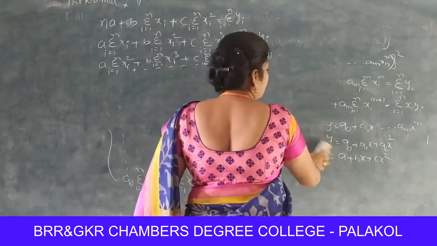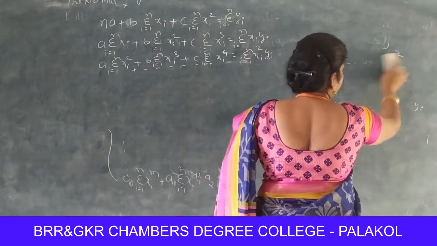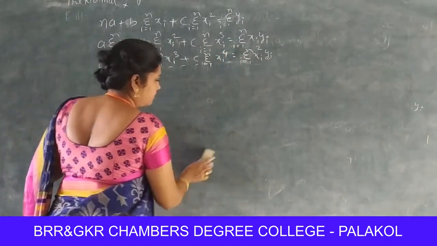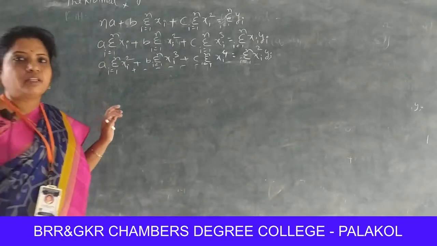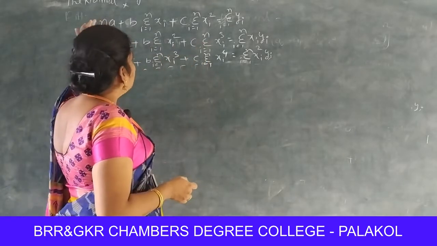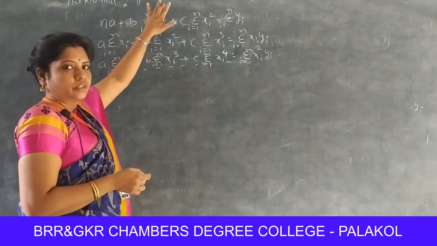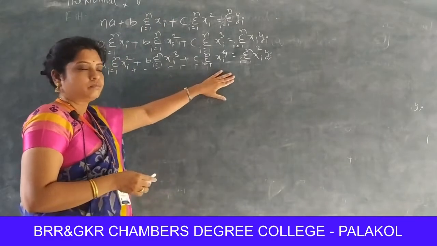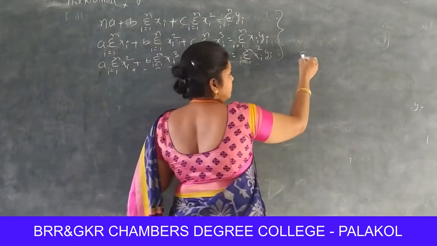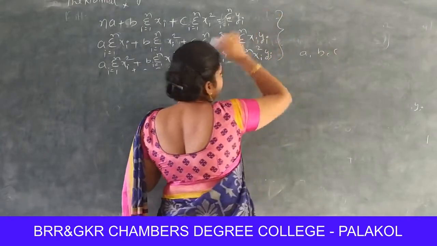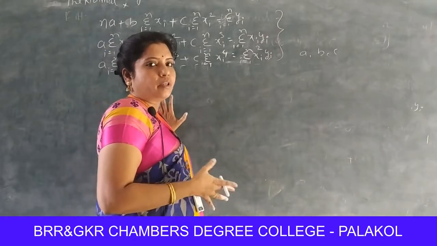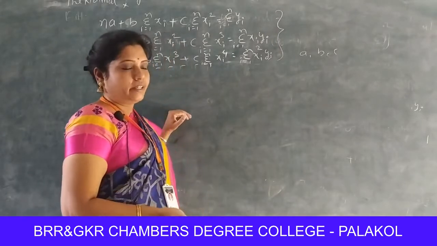So, we have learned the second degree polynomial, that is the parabola equation y equals a plus bx plus cx square, and its normal equations are these three. Solving these three equations, we get the values of a, b, c. Substituting these values in the parabola equation, we get the least square parabola for our given data.